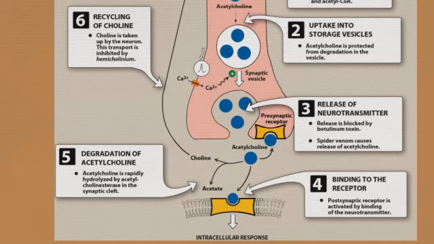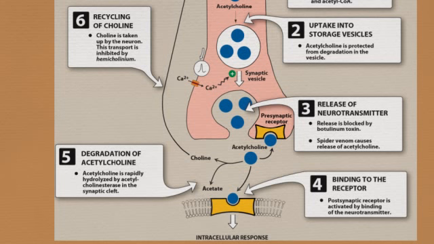Now we will discuss the fourth step, which is binding to the receptor. In the case of acetylcholine, there are two types of receptor. Generally we call them acetylcholine receptors, but they are divided into two different classes: the muscarinic receptor and the nicotinic receptor. You have to remember that as soon as this neurotransmitter binds with the specific receptors, it will lead to some kind of biological response within the cell.